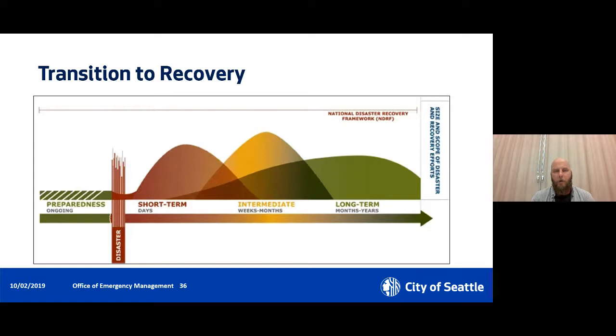Our goals immediately are save as many lives as we can, start to understand what those impacts are, allocate resources so we can best deal with those impacts. But long term, there's going to be a lot of work. And I mentioned Hurricane Katrina as recovery that's been going on for decades. I mentioned Christchurch, New Zealand as somewhere where recovery has been going on for a decade now. And in a catastrophic earthquake, that's what we're looking at.